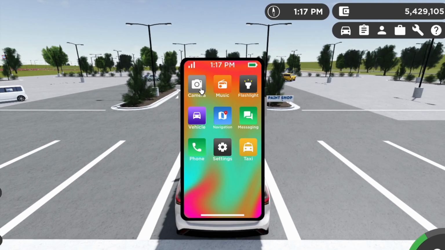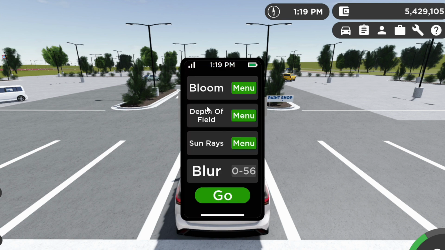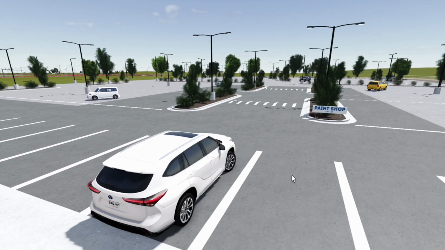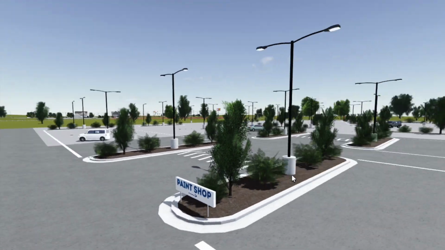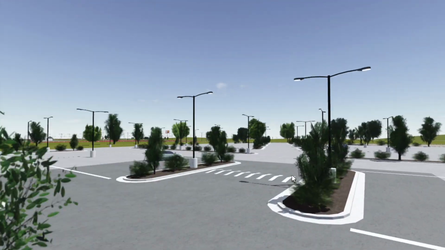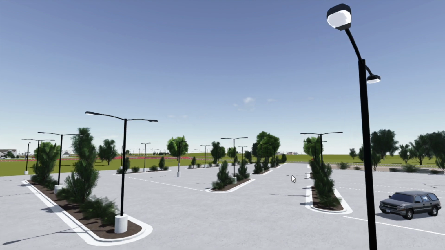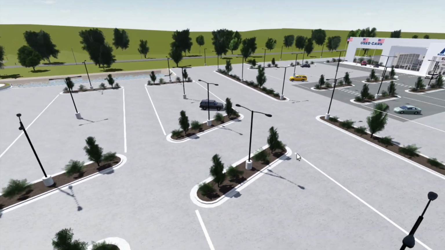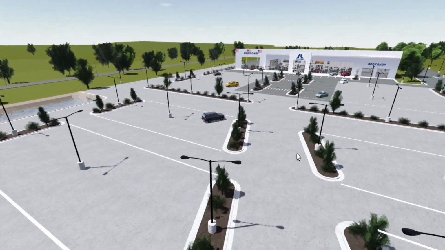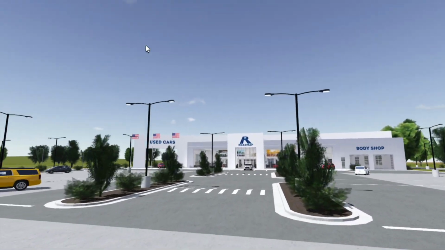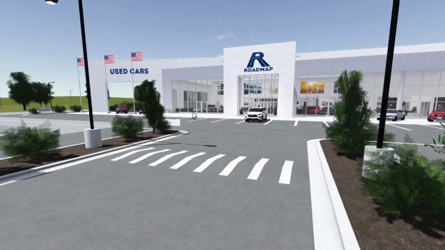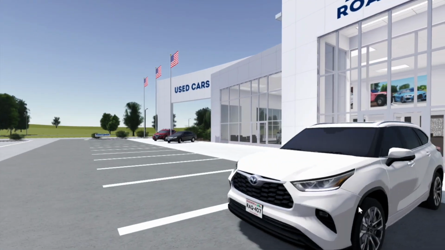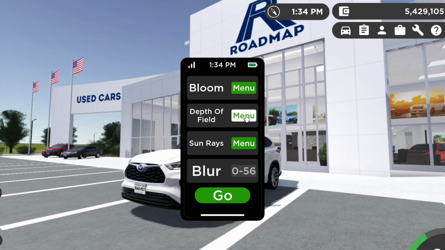and you have a lot of different apps here. So the first app is the camera, and it lets you basically move your camera around wherever you want in the map. Sometimes it doesn't load far away over there, but you can basically move around the map however you want, and it removes anything from your screen and lets you record with nothing in the way. And you also have all these other options for video settings.